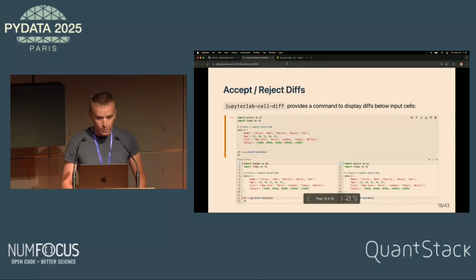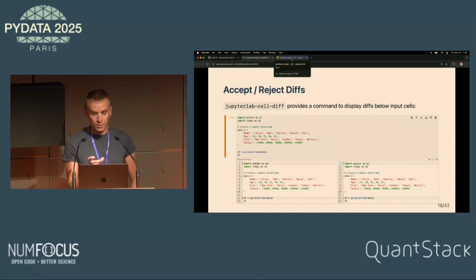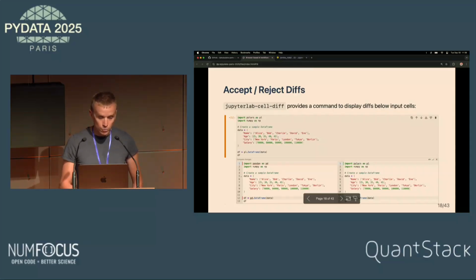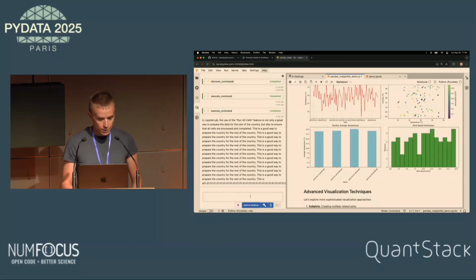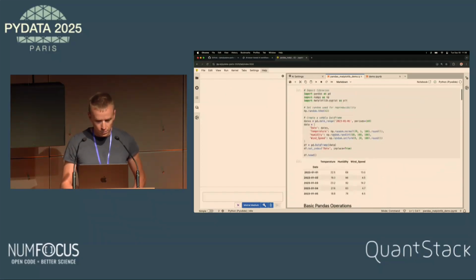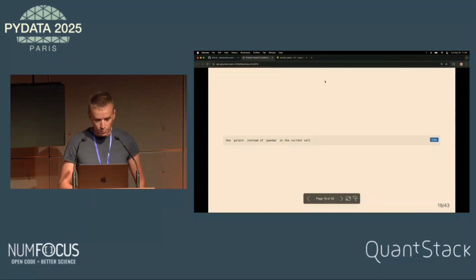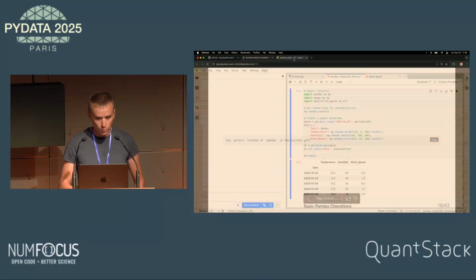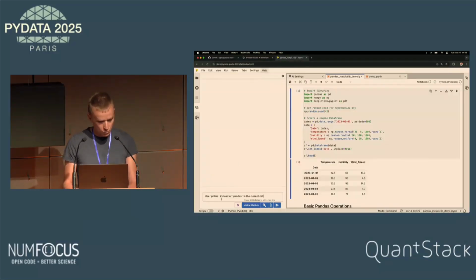What is nice about this is that we can also start implementing different components separately, such as showing a diff for a cell. Here there is a package called JupyterLite cell diff, which is specialized in showing a diff under the cell. So if I go back here and say, this cell is using pandas, but let's say we want to move to polars.